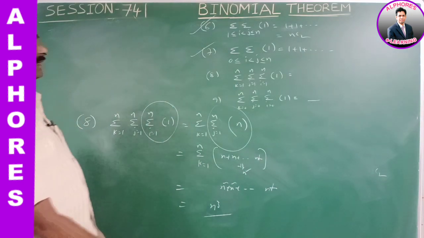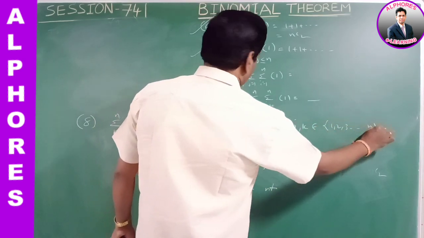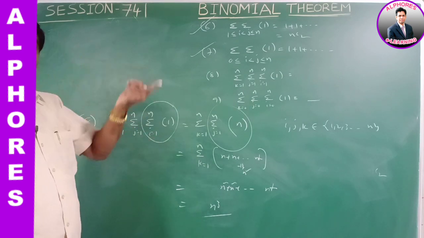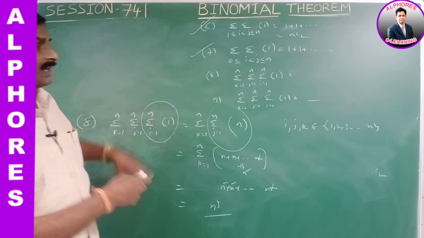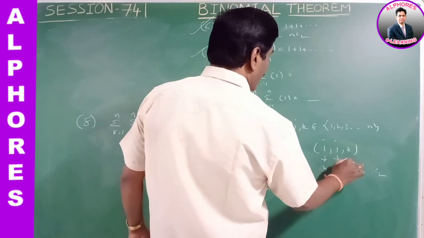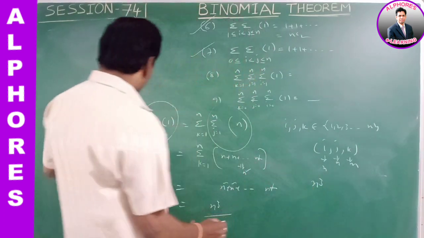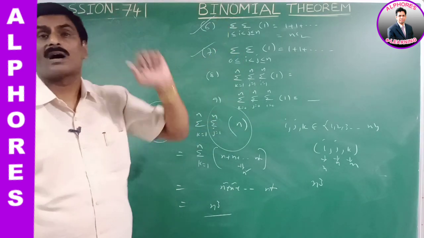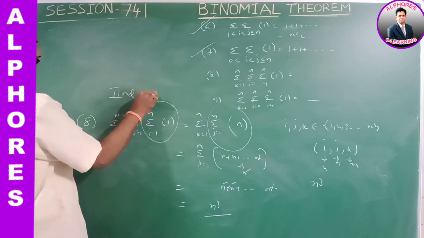But in this case, please observe this value. i comma j comma k belongs to 1, 2, 3 so on n. Okay. For i, j, k, there is no particular order. i takes any value, j takes any value, k takes any value. That means the number of terms in this expansion is nothing but the number of ordered triplets. This having n chances, this having n chances, this having n chances. How many ordered triplets are available here? n cube. That means in this expansion, the number of terms is n cube. So 1 plus 1 plus 1 plus so on, n cube times, means the answer is n cube. Please note this value. Second method.